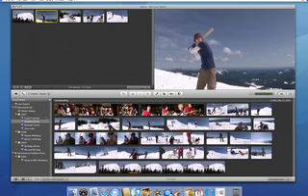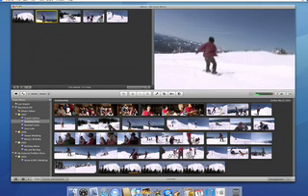There's an even quicker way to select video from your library. If you just single-click